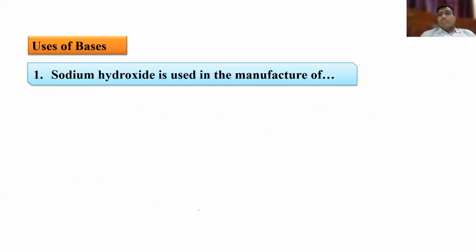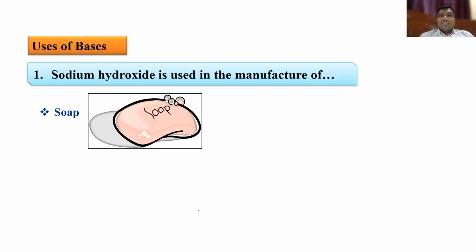So let us see some applications. Applications are always attractive, right? Sodium hydroxide is used in the manufacture of soap. The soap cake is the same, but you use some additives, like perfumes, glycerin, moisture, or something which gives a lather formation. The basic cake is the same. Cake means soap cake, not the cake which you eat. The colors and ingredients are the additives.